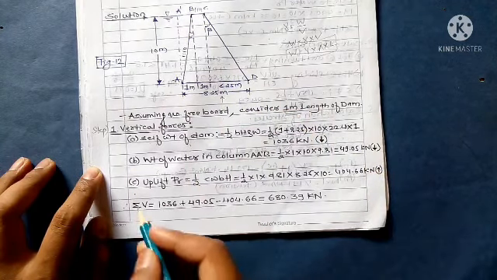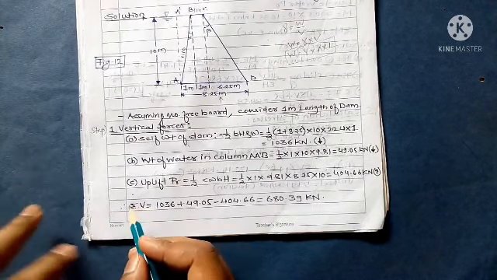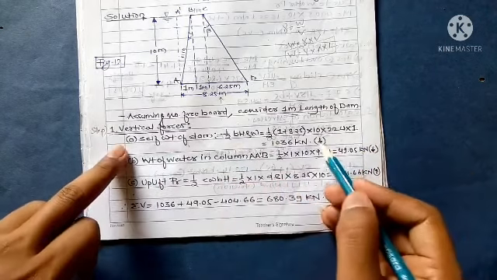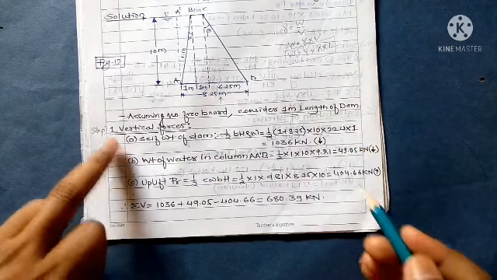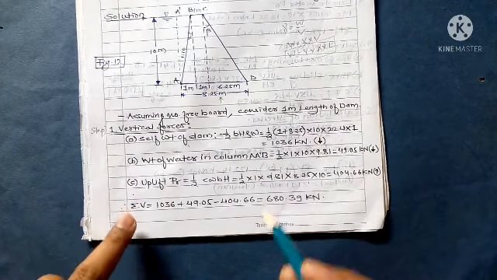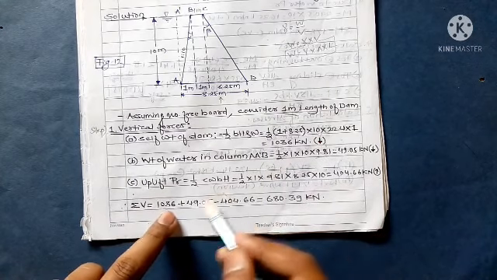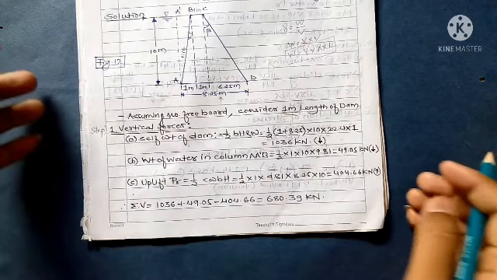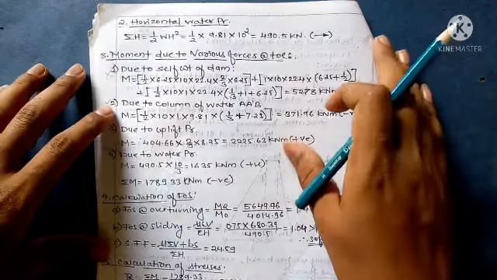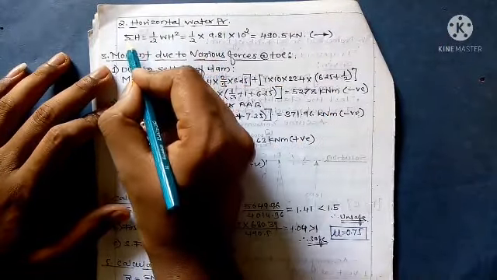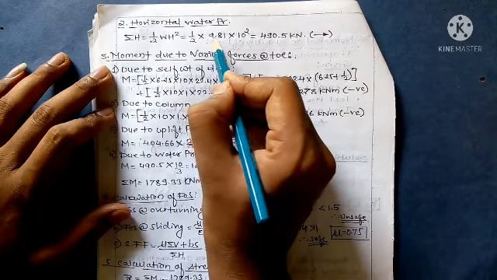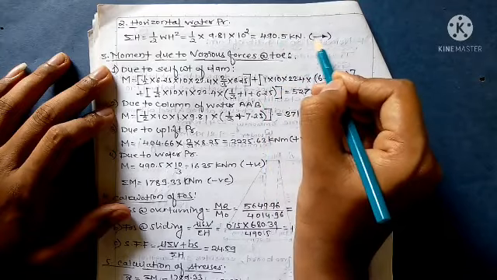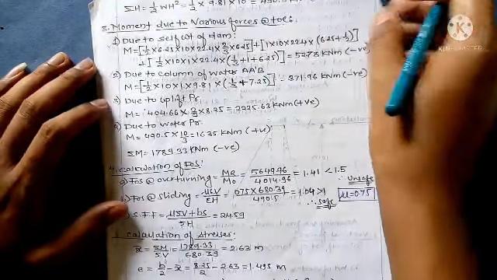So find summation of V. This force act at downward upward, so take this positive negative, so summation of V positive negative, so we get 680.39 kilonewton. Okay, then second, horizontal water pressure, we know the formula half W H square, half 9.81 into 10 square, 490.5 kilonewton, that is act at rightward.